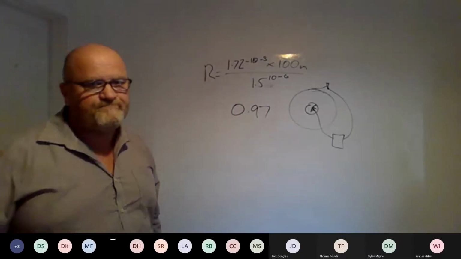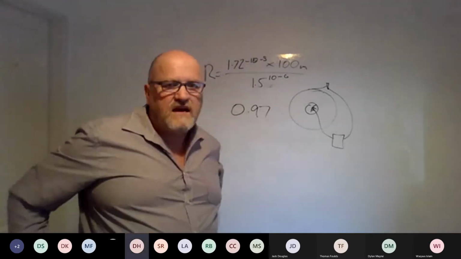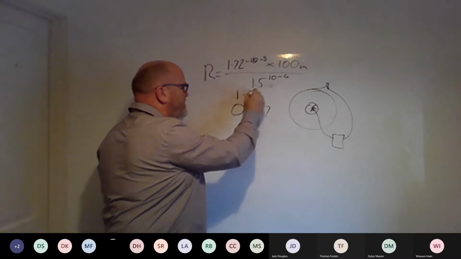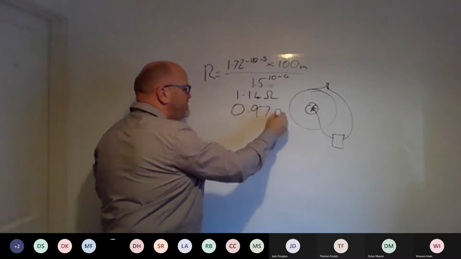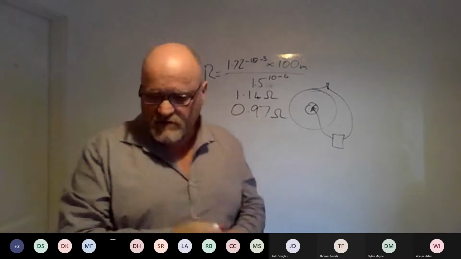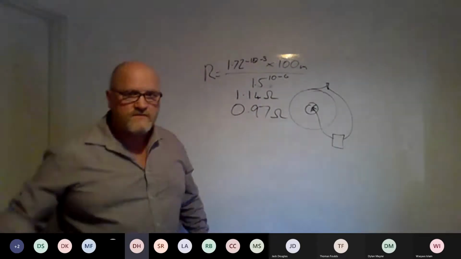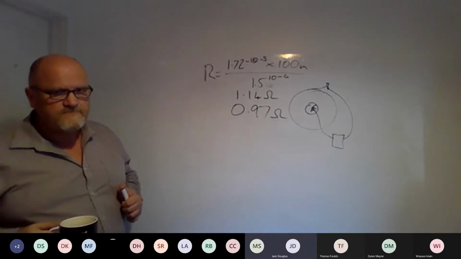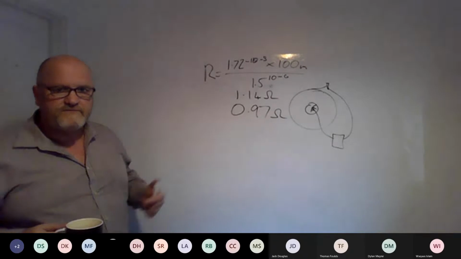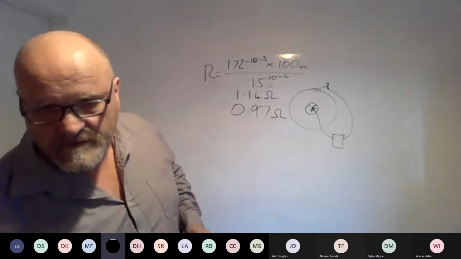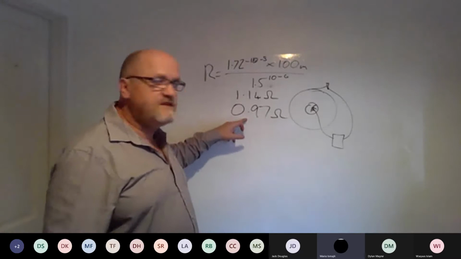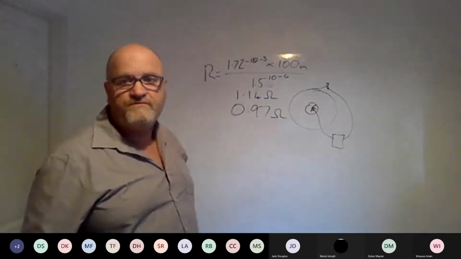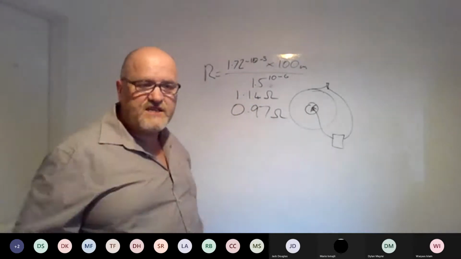What did that tell you about the cable you just bought? That's a lower reading, isn't it? The best reading you can get for copper for 100 meters of 1.5 mil cable is 1.14 ohms. But you got 0.97 ohms on your meter. What does that tell you about the cable or the shop you're buying it from? Is it not pure? It's not British standard, but you'd probably find the bloke, if you look on the back wall, he's got some 5 meter or 10 meter rolls of copper cable, and he's nicked a bit off your roll. He's shortchanged you.